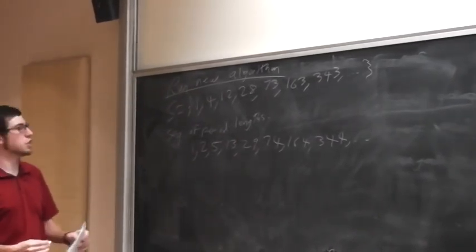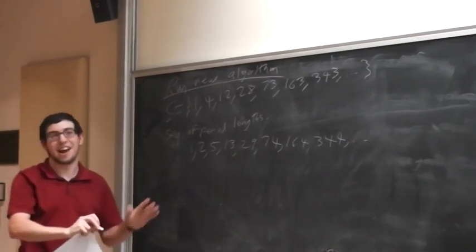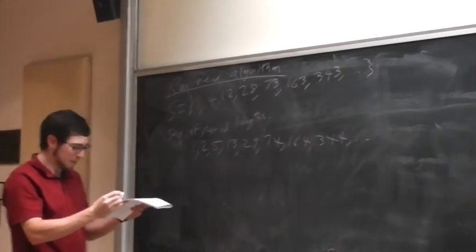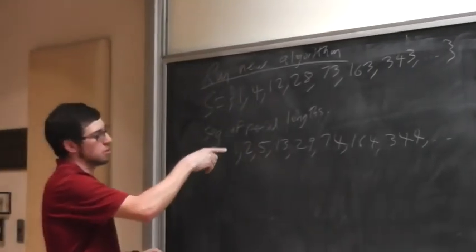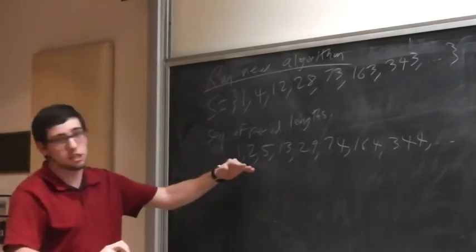So, unfortunately, I haven't been able to prove that this set continues forever. So it might not, but I strongly believe that it does. But looking at this as a sequence becomes a little awkward. This turns out to be the easier sequence